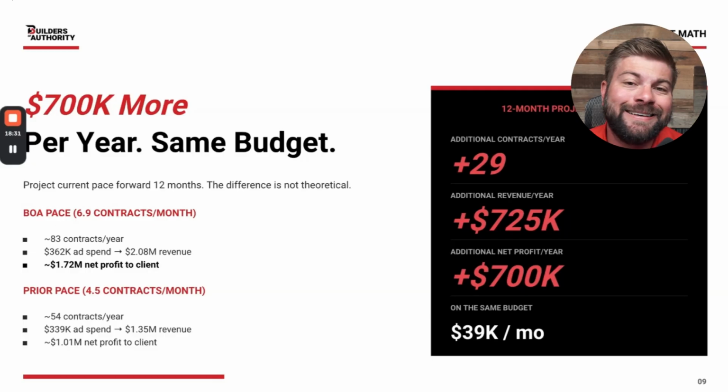So that 5.7 ROAS. The difference per contract is $1,918 more in our client's pocket on every single deal, not to mention what they're saving working with us from an ad management standpoint. Over the 4 contracts that we've already signed, $7,672 more dollars in our client's pocket than the prior agency would have produced on those same contracts.